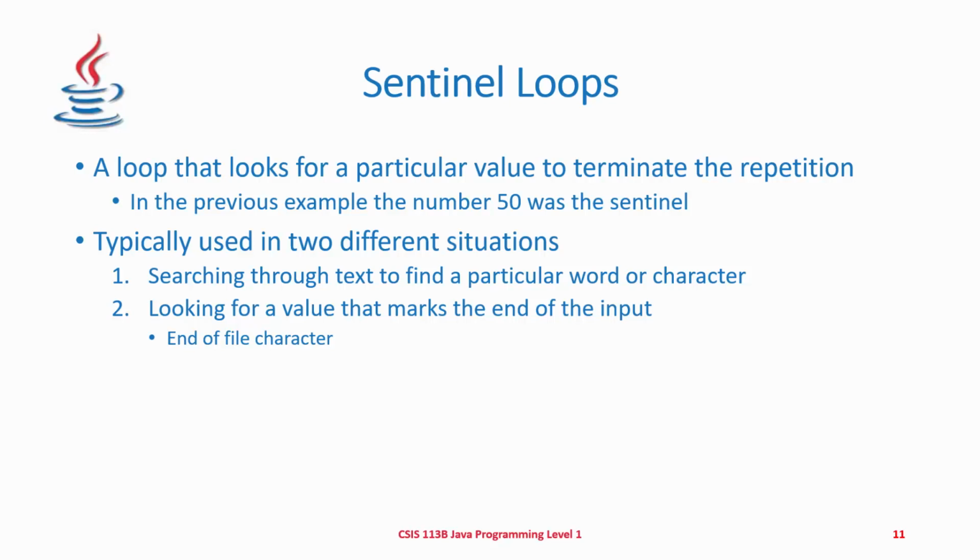So sentinel loops are loops that look for a particular value, like we saw in the previous example. Typically, they're used in two different situations: if you're searching through text to find a particular word or character, or if you're looking for a value that marks the end of the input. If you have to open a file, a lot of times you don't know how long that file is, but there's going to be an end of file character eventually. And so that would be the sentinel that we would use in the Boolean expression to identify when to stop